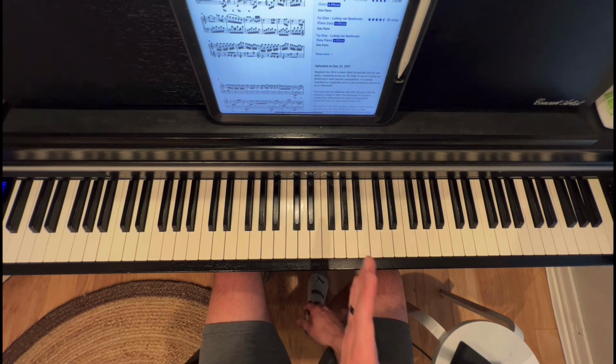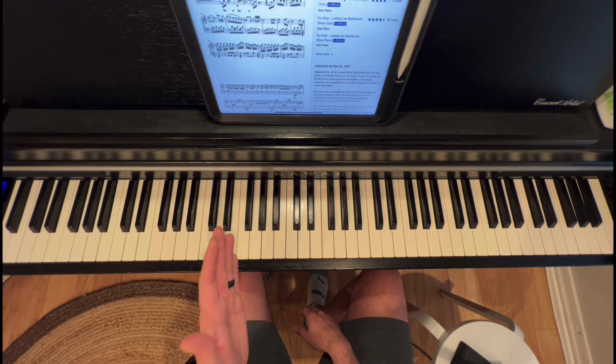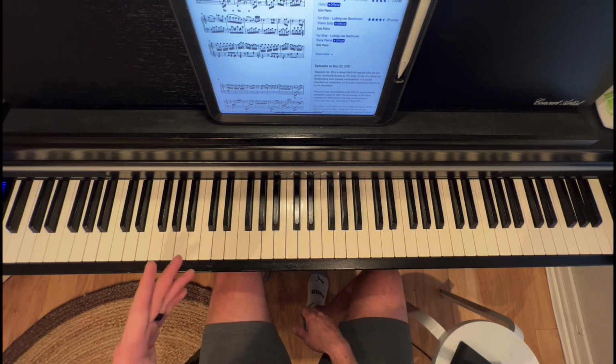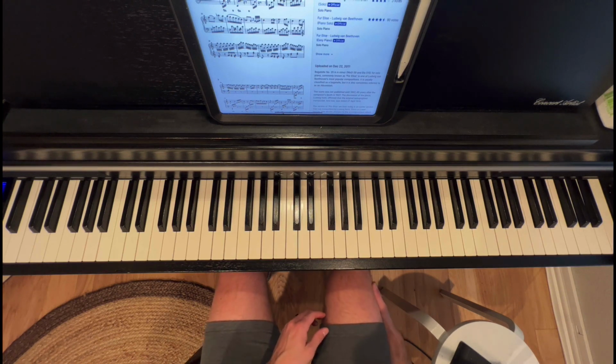Group 3, group 4. Back to the beginning, group 1, and with a longer intro, 6 of these. Group 1, group 2, group 3, group 4. Back to the intro, back to 1 with the longer intro. 1, 2, 3, 4. So 1, 2, 1, 2, 3, 4, or 1, 2, 3, 4. Hopefully that makes sense. I'll go back and watch through each group, you'll see, and you can just combine that